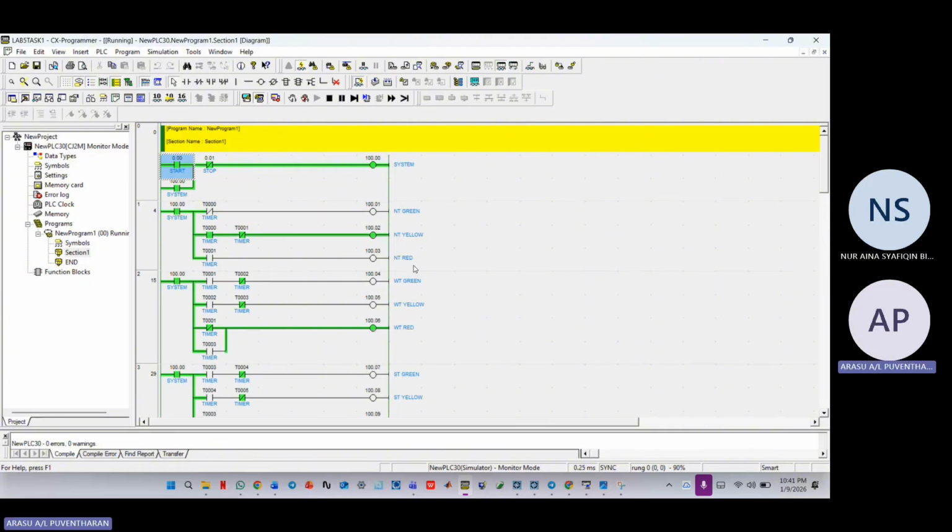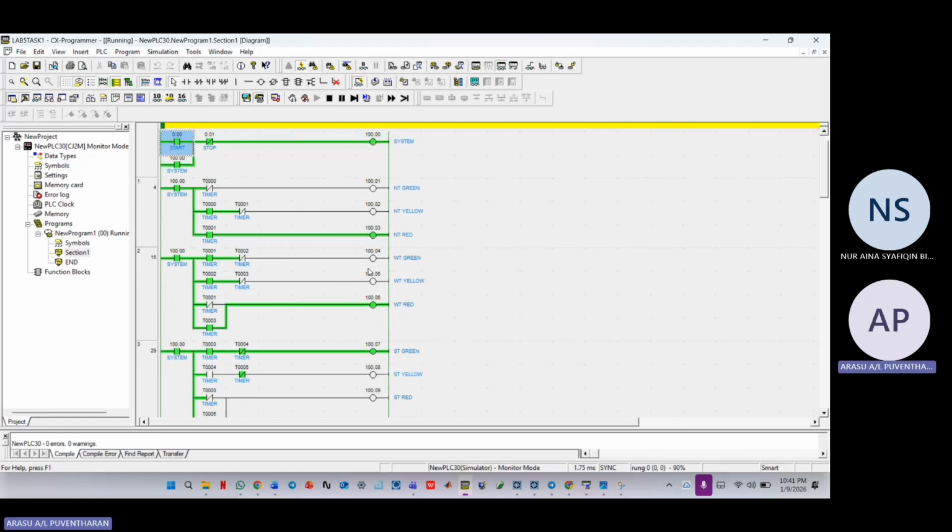After the yellow phase, the system transitions the north direction to the red light, ensuring it stays red while other directions proceed through their cycles, which means the other direction is rung 2. So